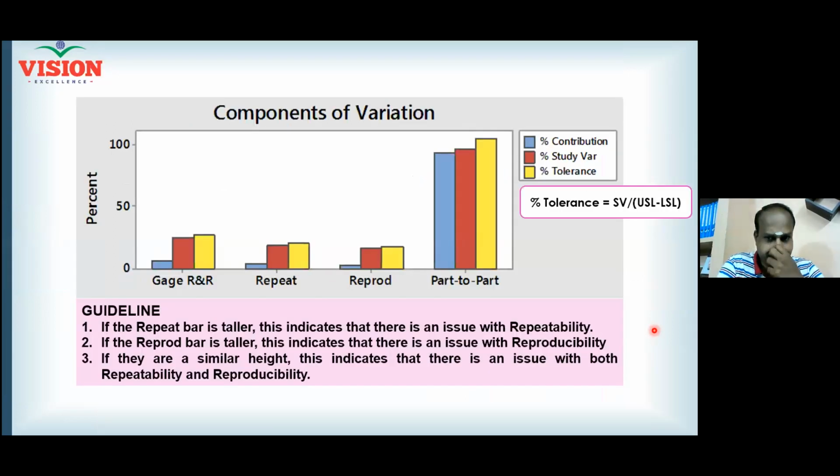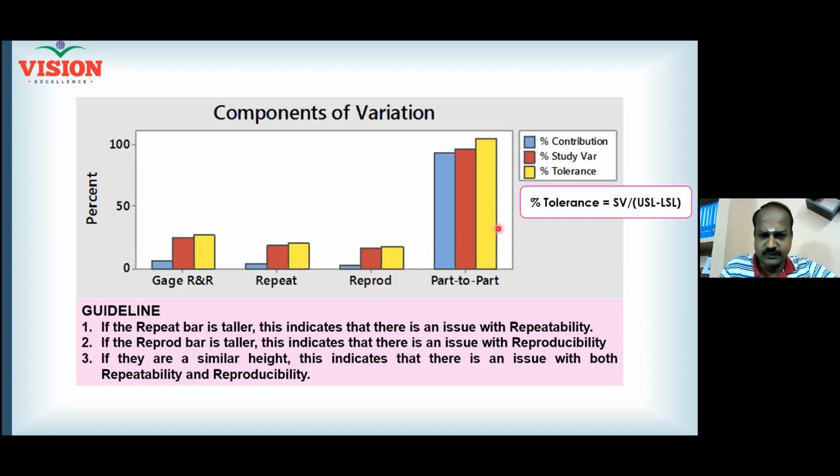The first diagram. And now looking at the diagram, there are 3 colored bars coming. A blue color, a red color, and a yellow color. What is this blue color? The blue color works on the variance. See, variance and standard deviation are one and the same. When I square the standard deviation, it is called what? Variance, right? But we learn everything in terms of standard deviation. The gauge R&R rule I told you is also based on standard deviation.